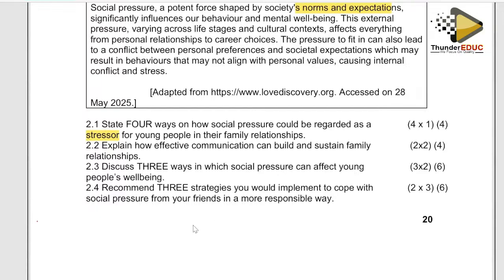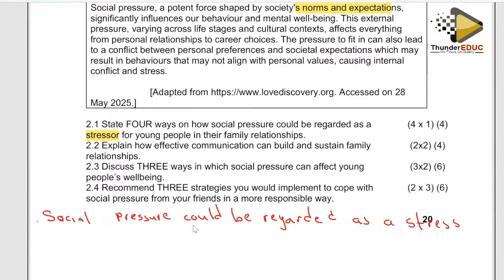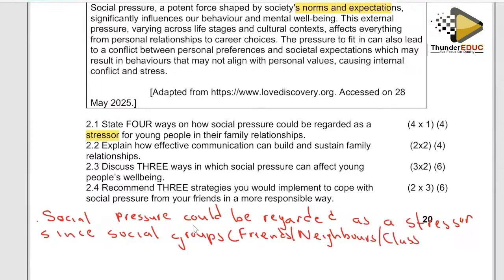Social pressure could be regarded as a stressor since social groups, which include friends, neighbors, classmates, and schoolmates as well,